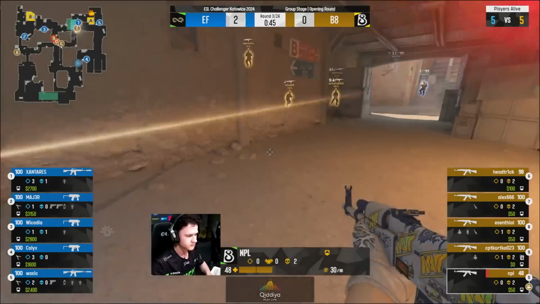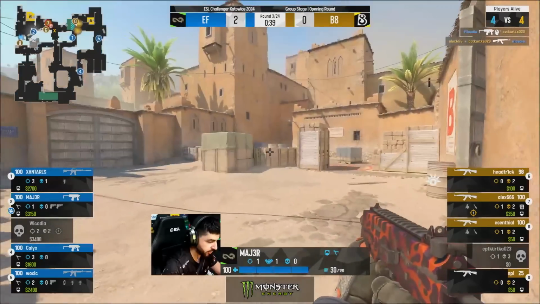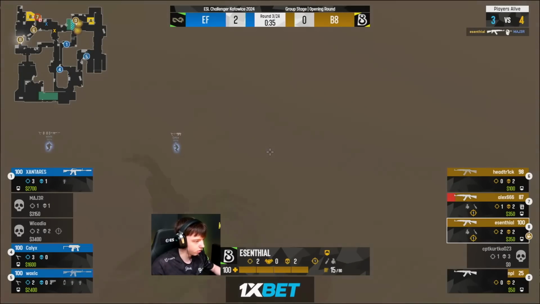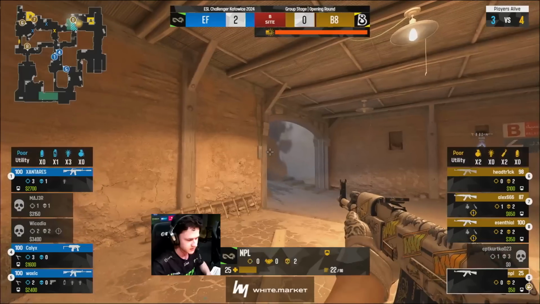Util being missed here by Bait, but they're just working map control. NPL does get himself into CT, and Alex will capitalize on all the chaos. It is a B-sided split. Major's in a terrible spot to deal with it, and yeah, just pincered between both angles. Bait, a very slow developing round, but one that does result in a site take,